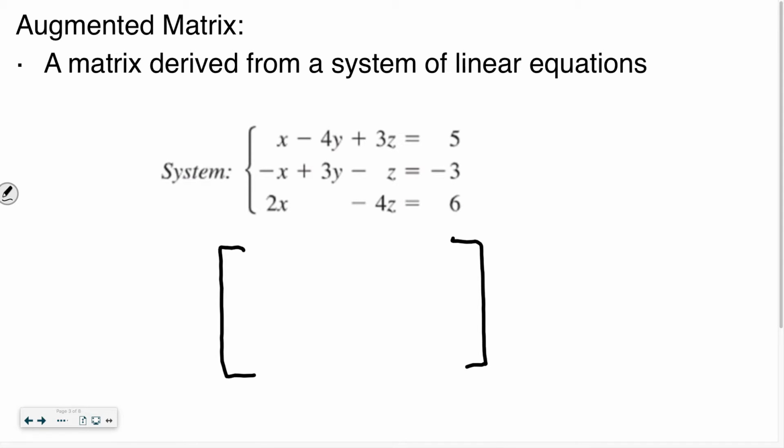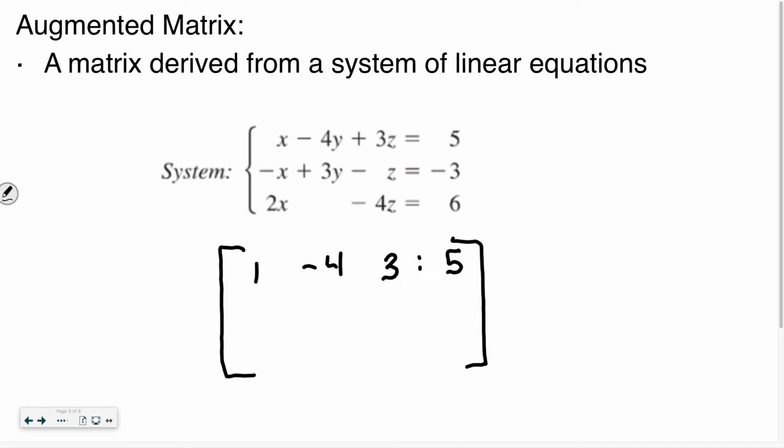Now remember, a matrix is a rectangular array of numbers in rows and columns. So what we're going to put into the matrix is just the coefficients for these variables. So in that first row I could do 1, negative 4, and 3. And then I'm going to use a colon to represent that equal sign, and I'll put my constant on the other side. The book will use 3 vertical dots. I just think that's extra dots to make, so I'll just do